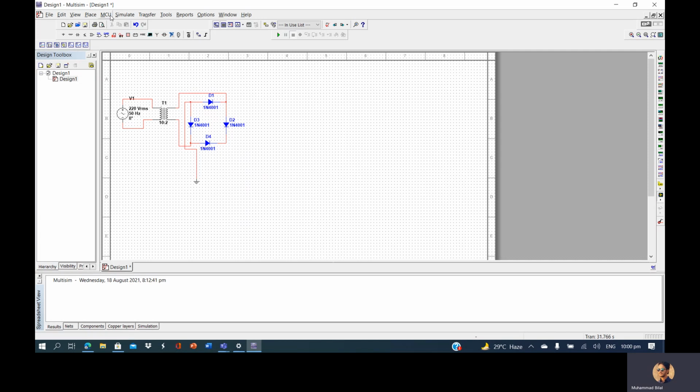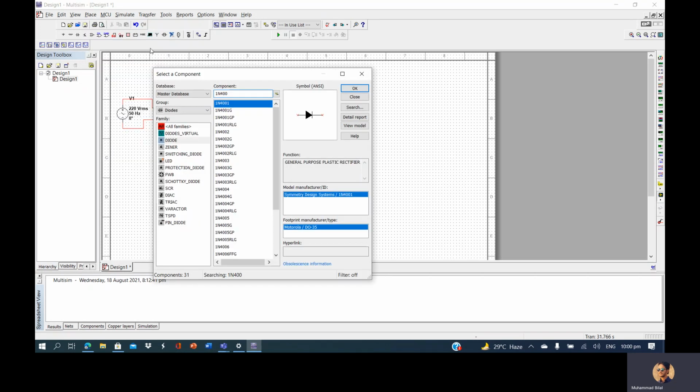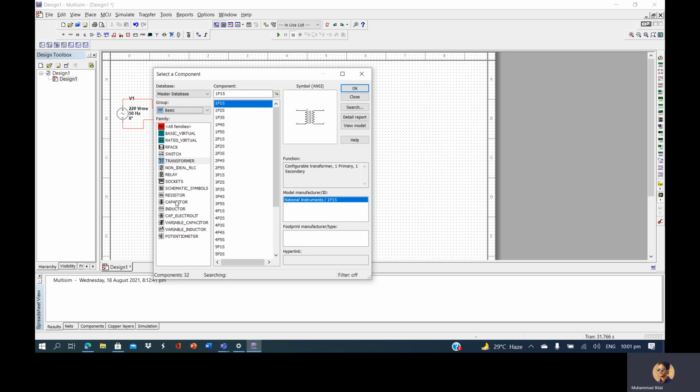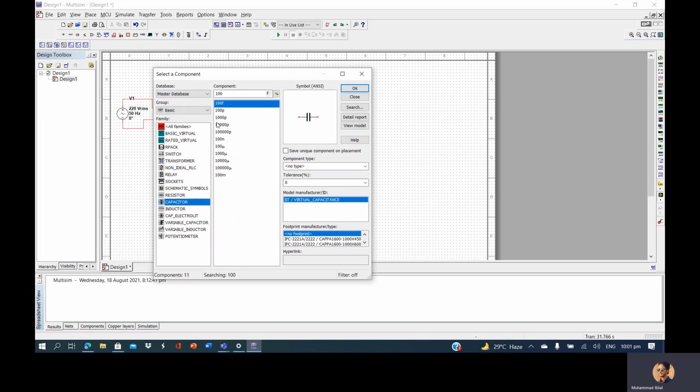Now we will connect a capacitor to reduce ripples in the DC output. After that bridge rectifier, there are some ripples in that signal, so we want to reduce them with the help of capacitors. Capacitors have the property to regulate and stabilize the voltage. We will go to the basic option, and here we can see that different kinds of capacitors are available.